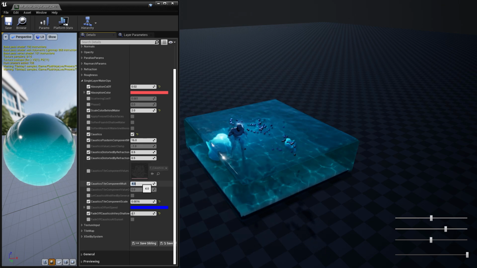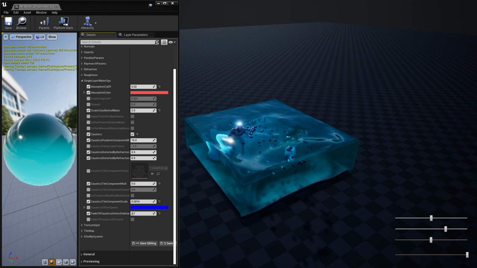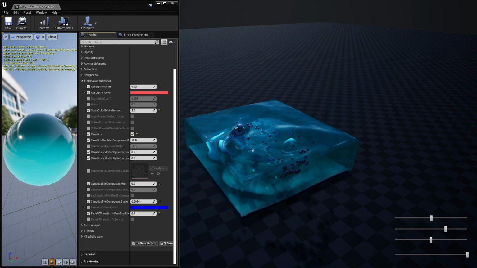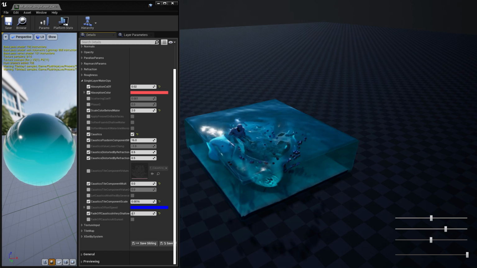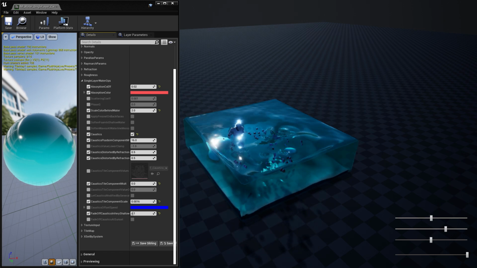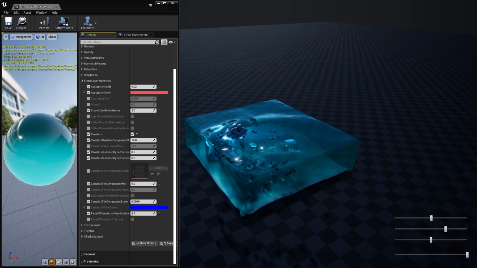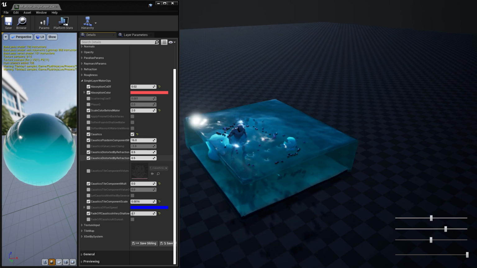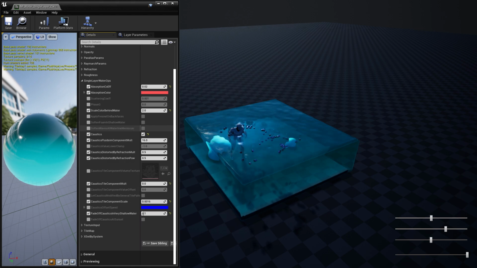One layer, which I switch off right now, is a caustic tile, and the other one is based on the simulation divergence buffer, and it is basically the refracted lensing effect of the surface waves on the pool bottom. If I switch this off as well,